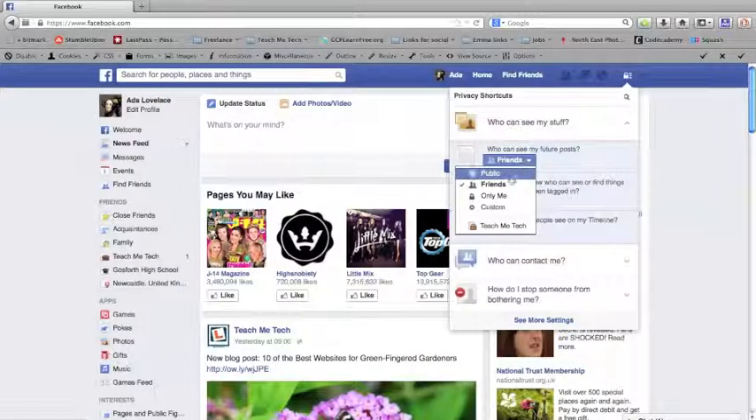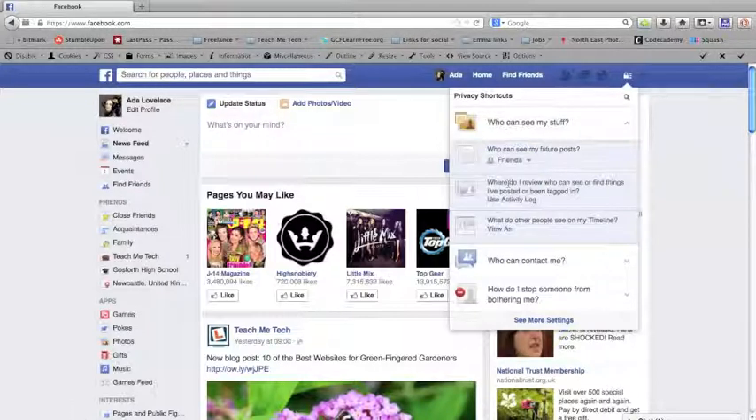So at the very least you want to choose friends so that you're only sharing it with people who you have chosen to be friends with. So I'm going to go ahead and click friends there, so that makes sure that all my future posts, anything that I put up, status updates and photos etc, will only be seen by people who I've chosen to be